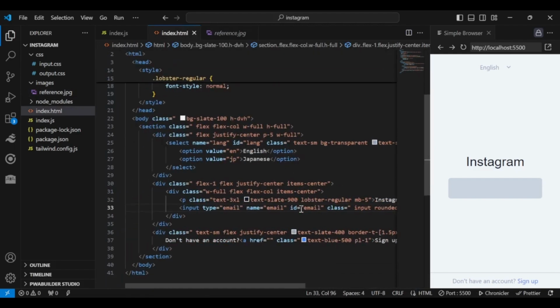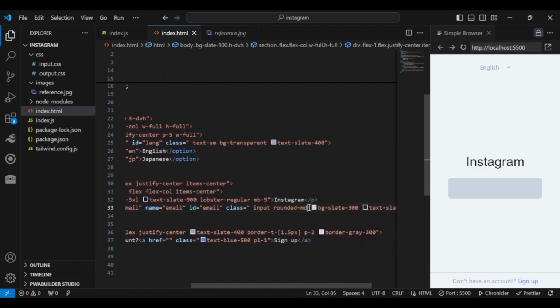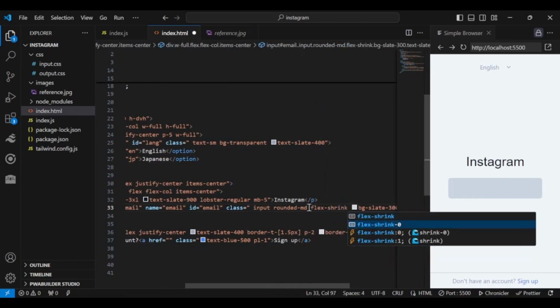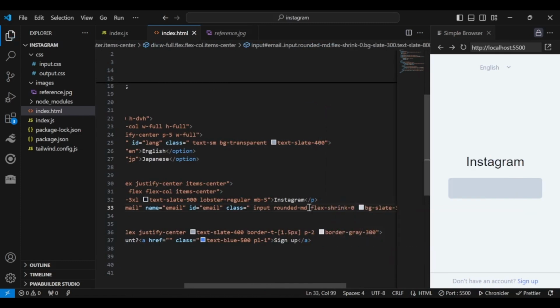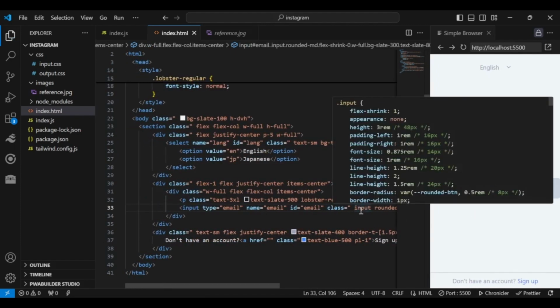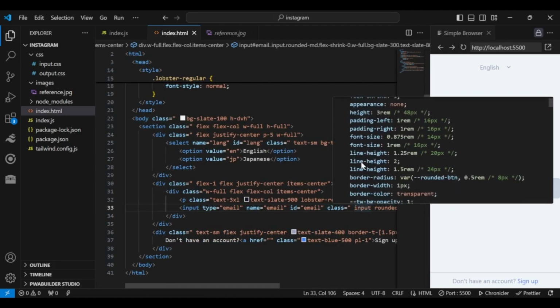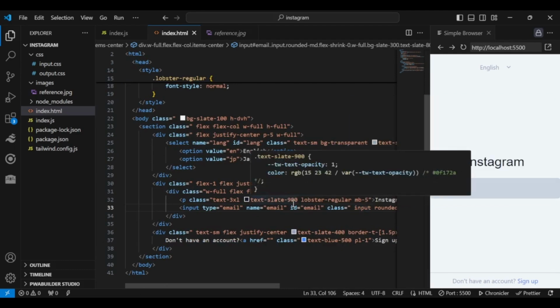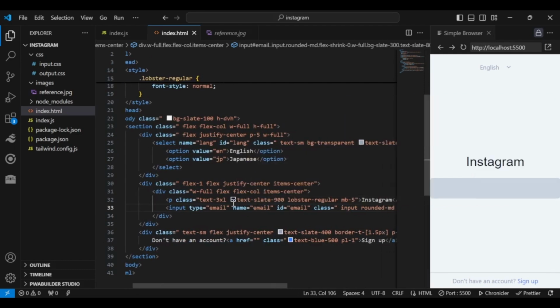So what do we do? We have given width full here. So what I'm gonna do is flex shrink 0. This is just gonna allow it to extend and work with full screens, because by default the input has its width defined here. Its default width and height is all defined in the HTML, so we can just change it by using